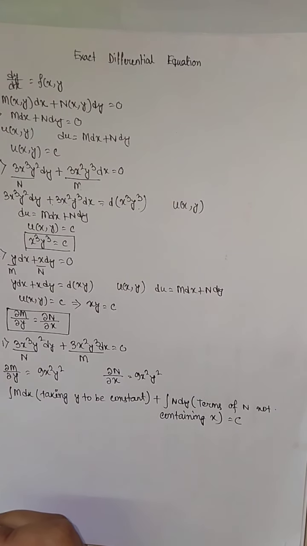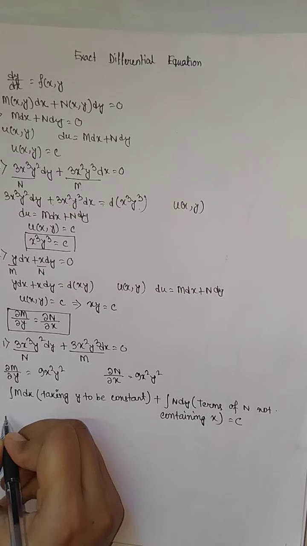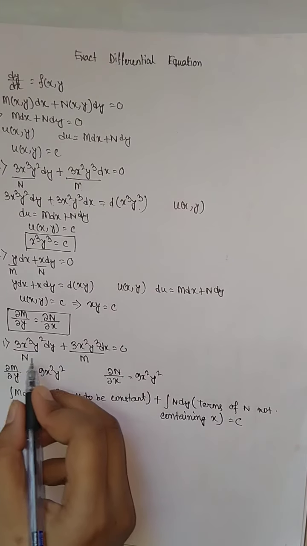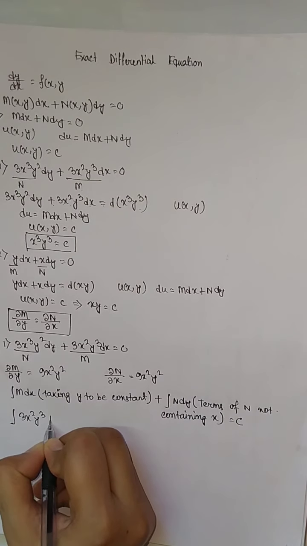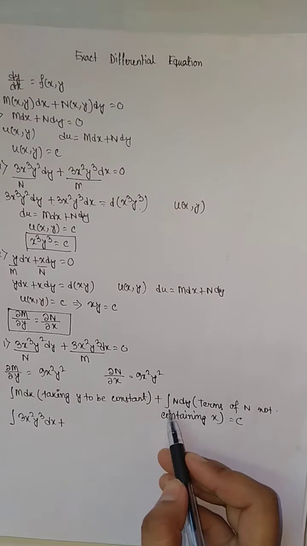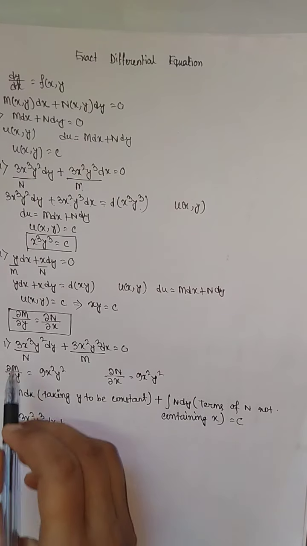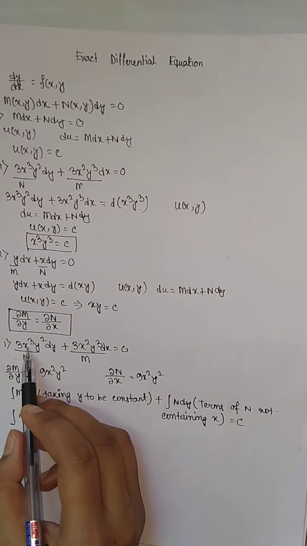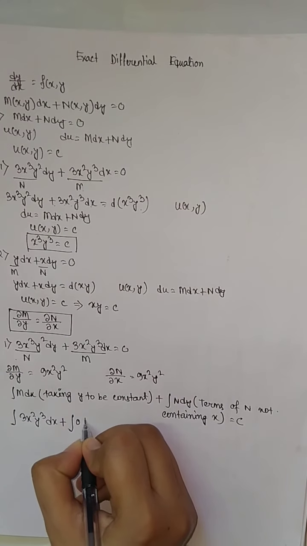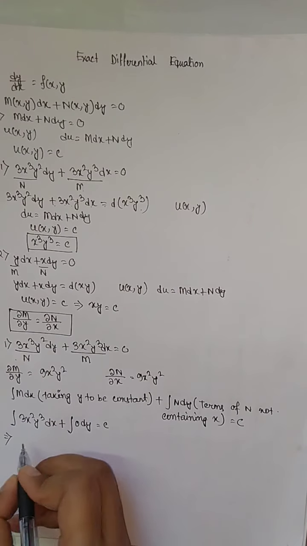Now we can directly put the values of M and N and get the required solution. So here, integration of 3x²y³ dx plus integration of N dy, terms of N not containing x. But here N contains x, so we put 0 dy equals c, which implies,